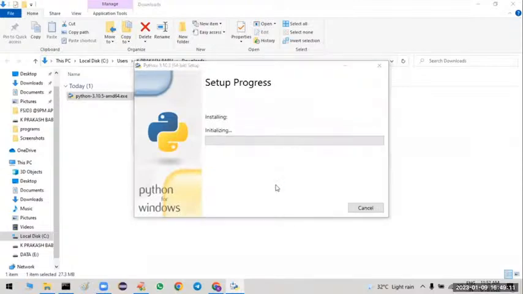It will ask for administrative permissions. Once you click yes, the installation will be done automatically. Of course it will take some time, so please wait for 1 or 2 minutes. The setup will complete. Other than that, there is no need to give any credentials. I will be on mute for a few minutes.